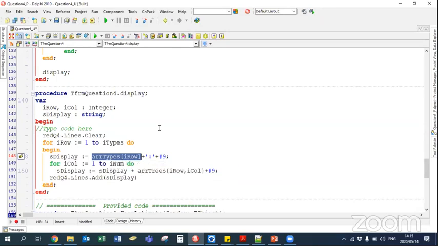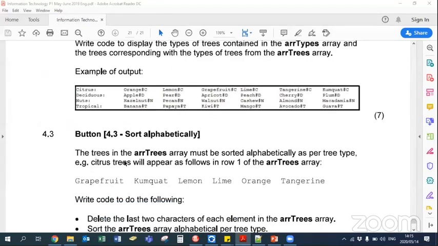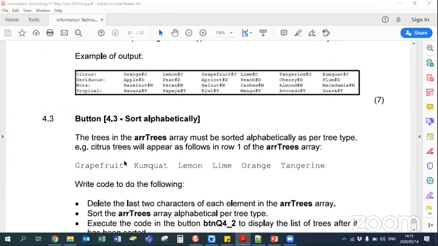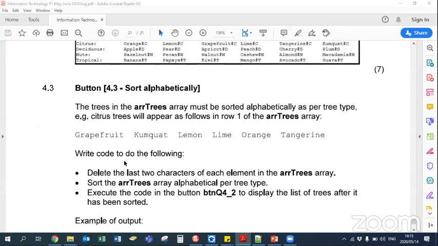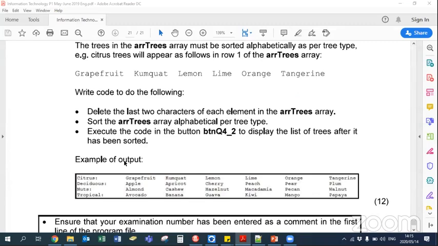Okay, so that was question 4.1 and 4.2. Now we need to have a look at question 4.3. And this question is asking us to sort alphabetically, but you have to read carefully. I'll show you the screenshot that makes more sense. I have to sort my two-dimensional array in alphabetical order. If you look at the screenshot here,